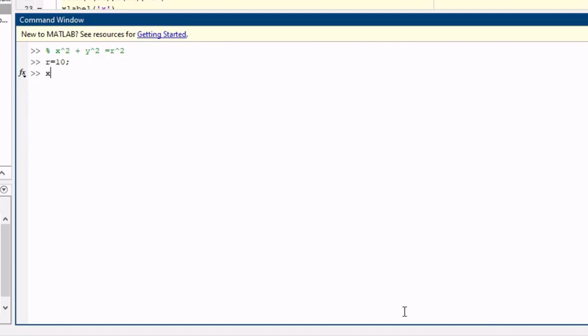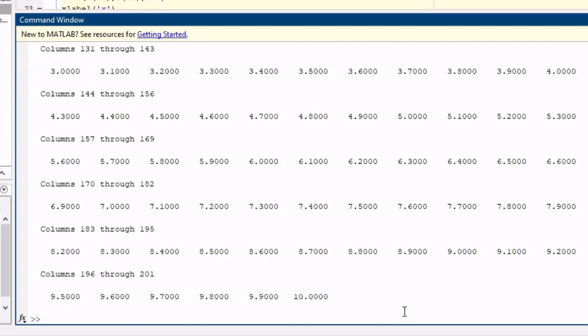We assign x as minus 10 to 10 with a step of 0.1, so many values. Then y equals the square root of r squared minus x squared, so we use sqrt of r squared minus x dot power 2.